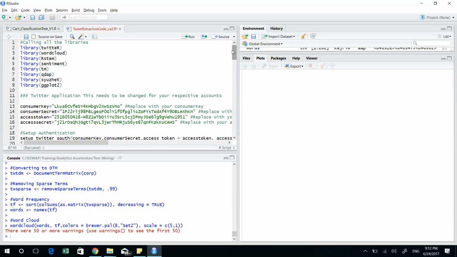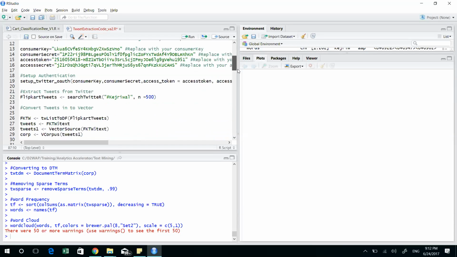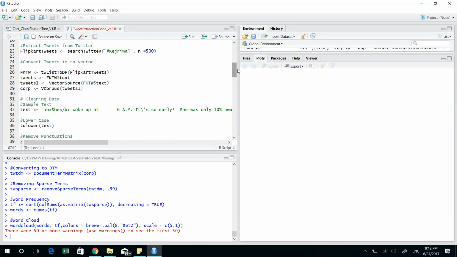What I'm talking about is that you get a lot of text together, you summarize the whole text, and get the major information out of it so that you can make sense of that whole text. In order to demonstrate that, let's pick up certain tweets. Is everybody aware of Twitter? All of you use Twitter?